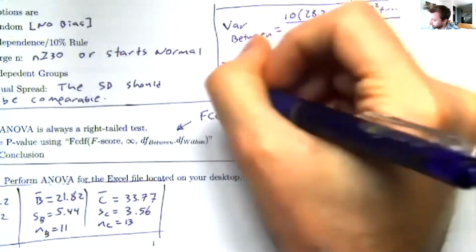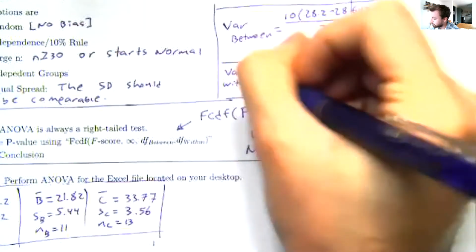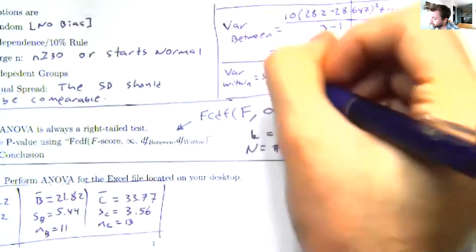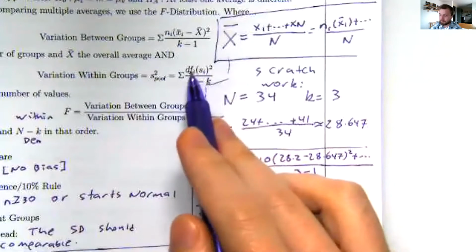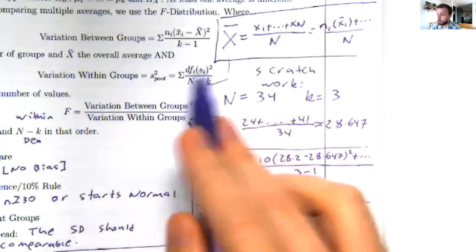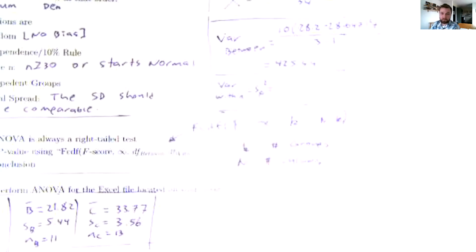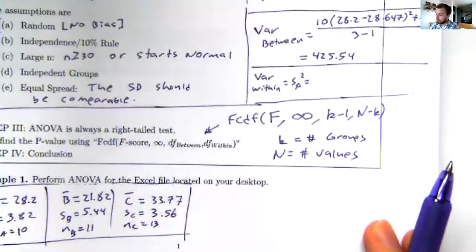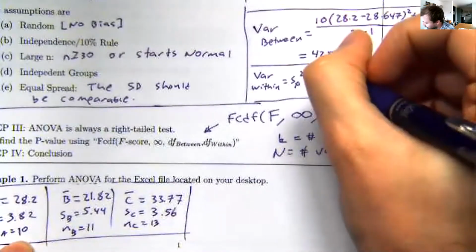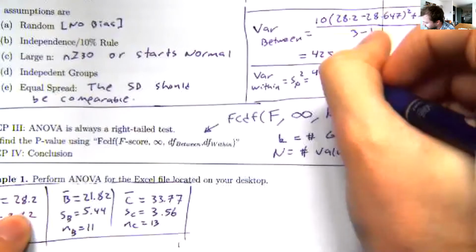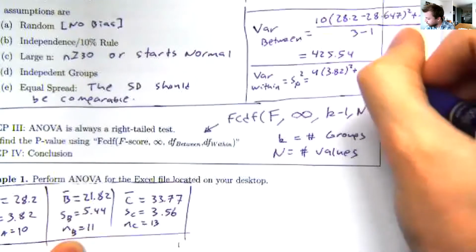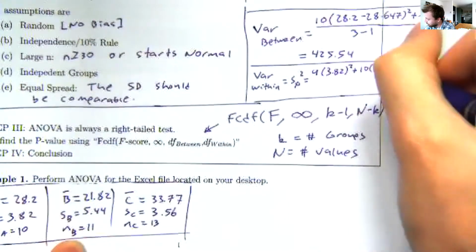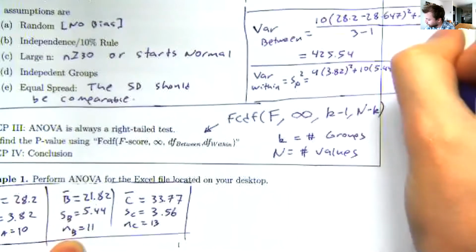I'm going to look at the variation within. This is my pooled variance. The formula I'm going to take for this is I'm going to take the degree of freedom for each of the groups and multiply it by the variance, which is the standard deviation squared. So I had 10 values in that first group. That's a DF of 9. My standard deviation was 3.82 squared, plus the next value had a degree of freedom of 10, plus 5.44 squared,